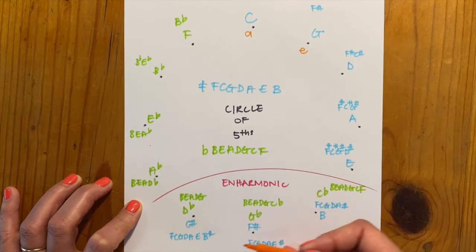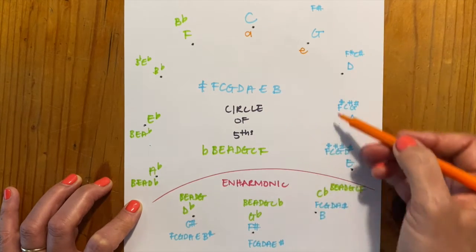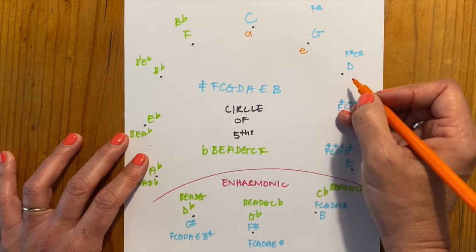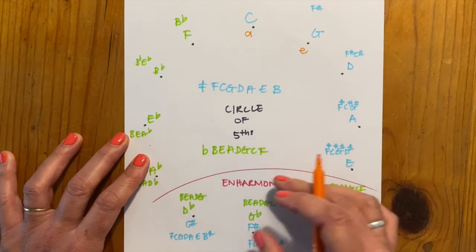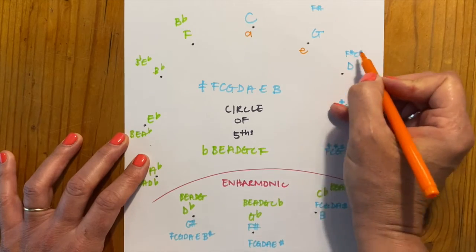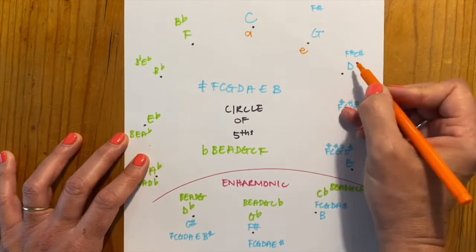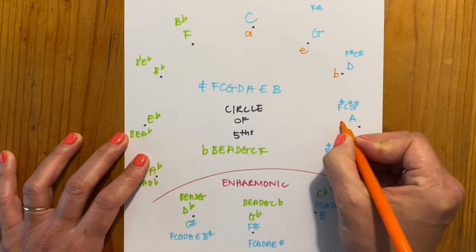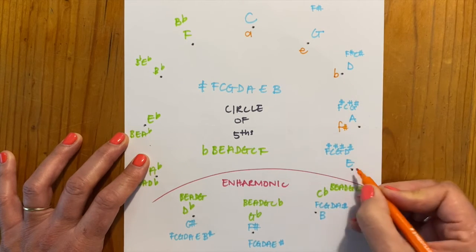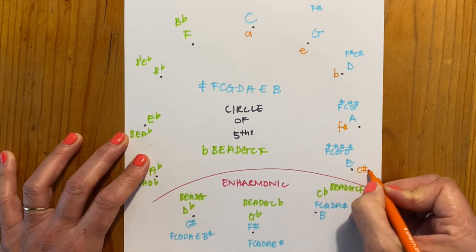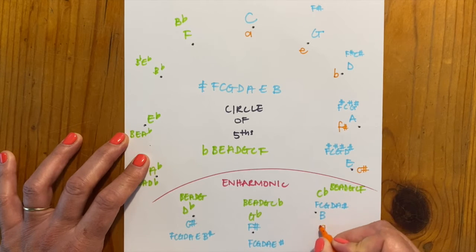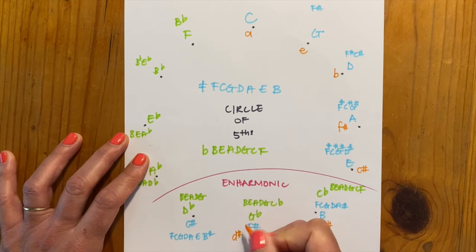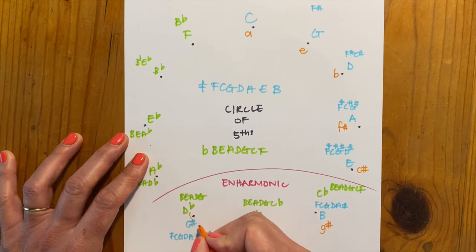So now I can work out what every minor is that partners up with a major. We call them relatives. Like cousins, they have the same key signature, the same sharps or the same flats. So D major partners up with B minor, A major partners up with F sharp minor, E major with C sharp minor, B major with G sharp minor, F sharp major with D sharp minor, and C sharp major with